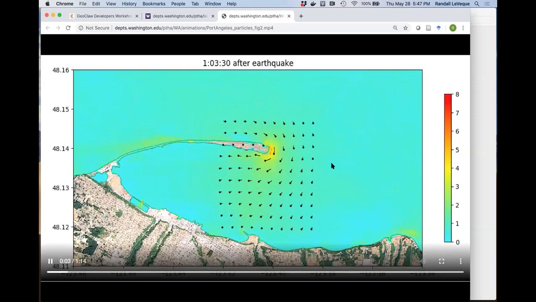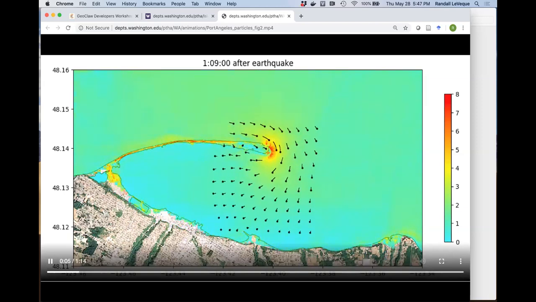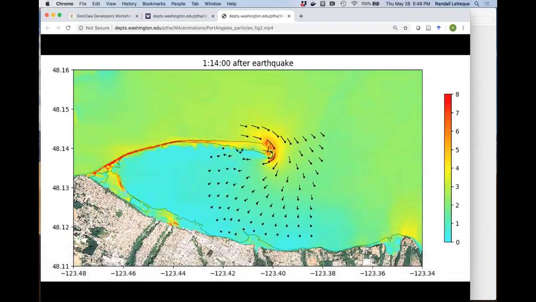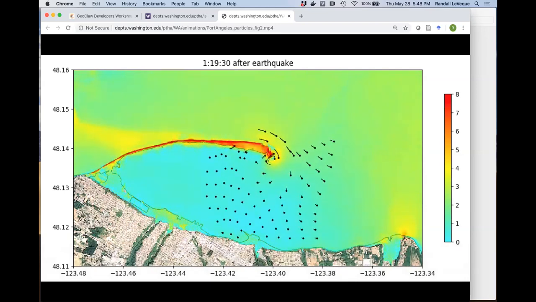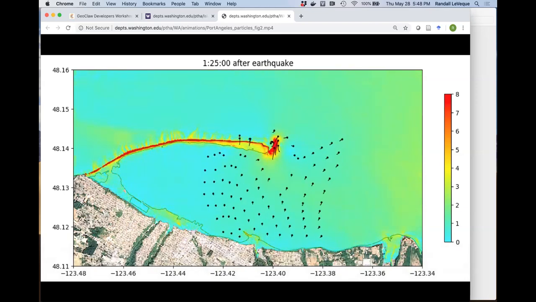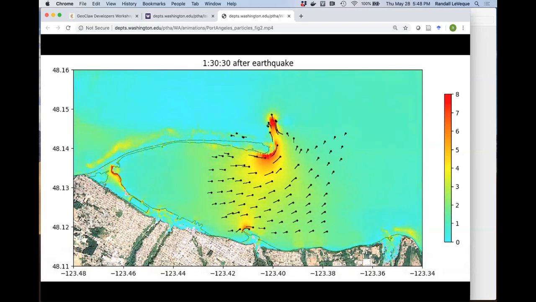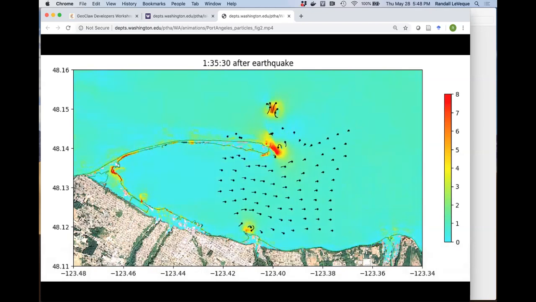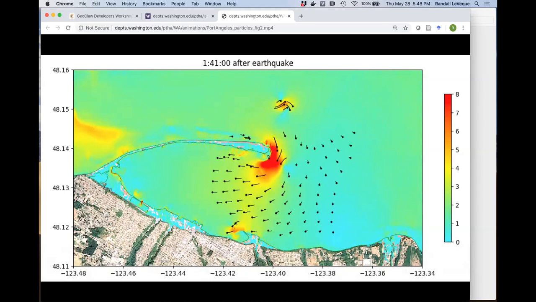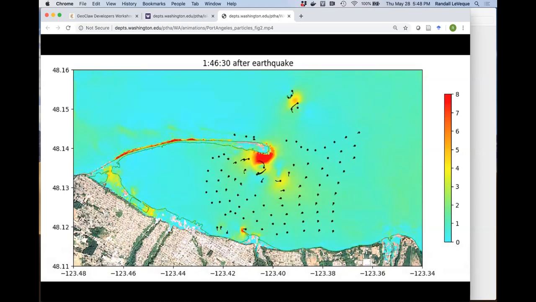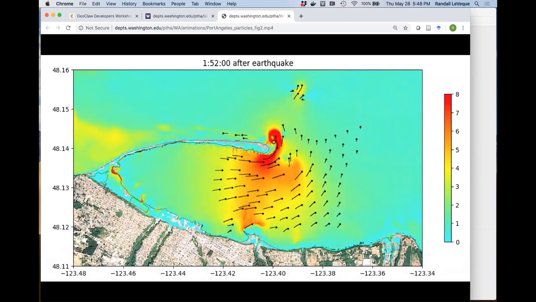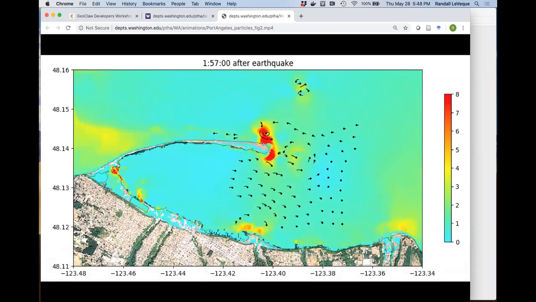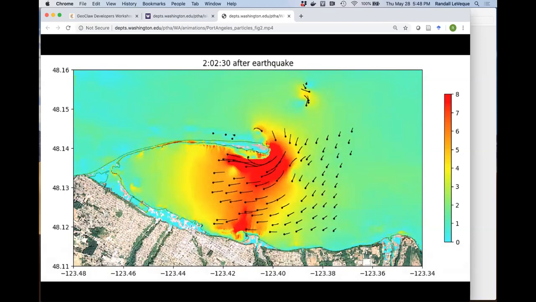But again, these are really massless particles, so they only approximately show how an actual boat might move during the tsunami. But still, it's very informative in terms of what can happen here. And we found that this is very useful in both understanding the dynamics of a tsunami and also in communicating with people in the Coast Guard, for example, or other people in the communities, mariners, people who have small boats